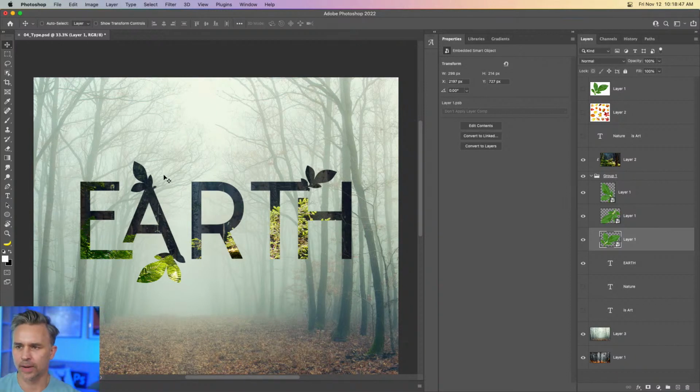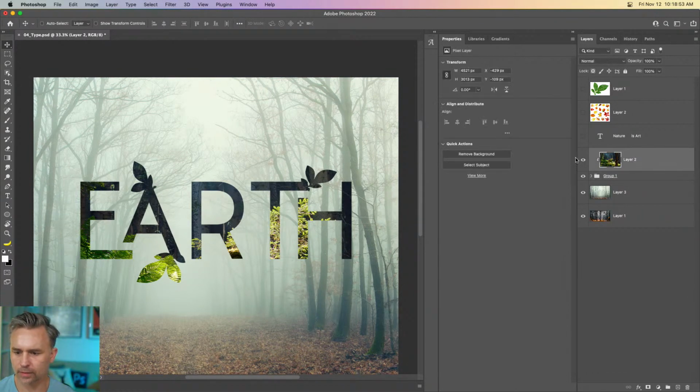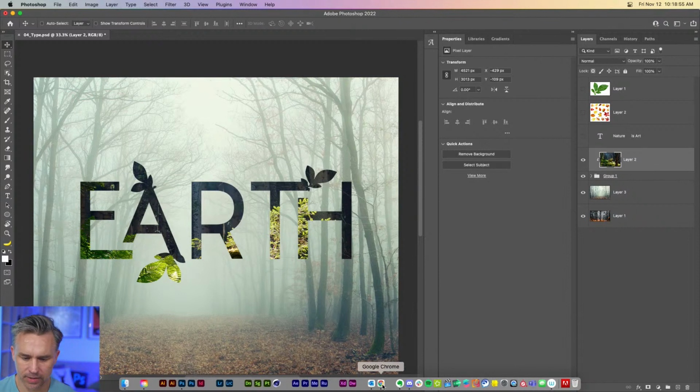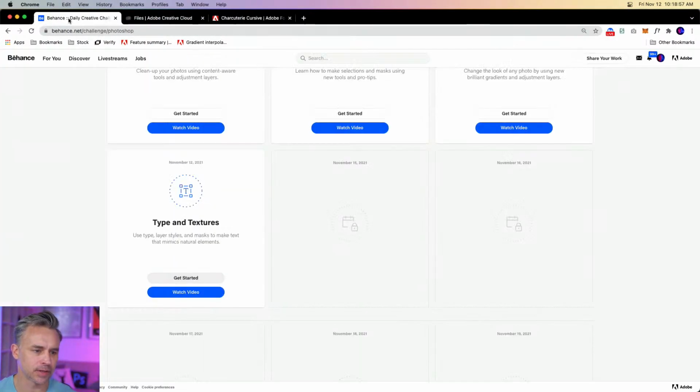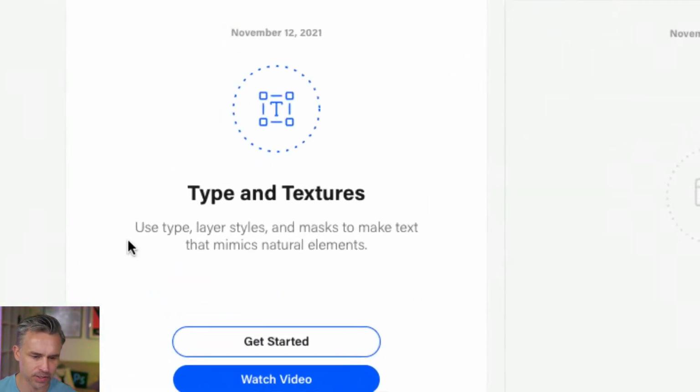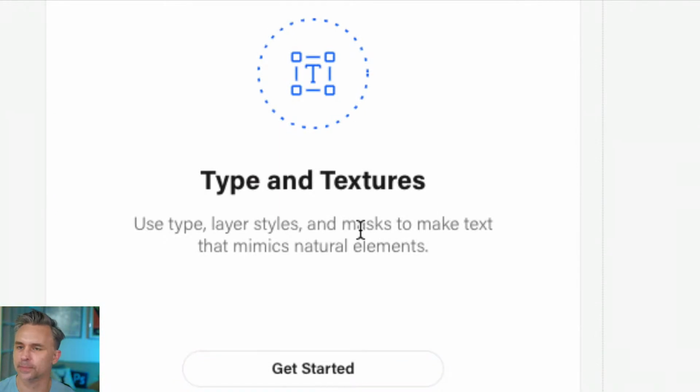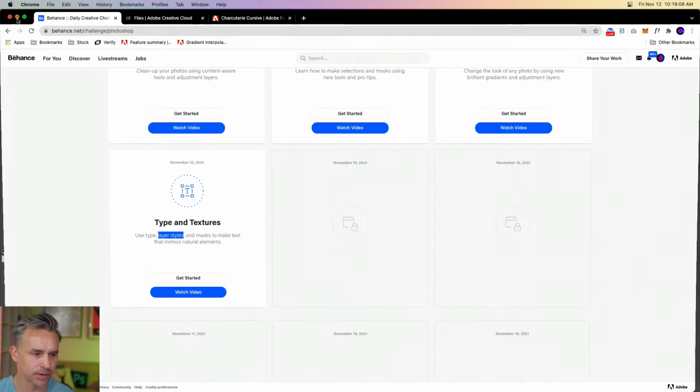Let's also talk about adjustment layers as well. Because again, kind of staying true to this type in textures, layer styles, we used clipping masks. We could use regular masks, but let's dive into layer styles right in here. Okay, so layer styles.